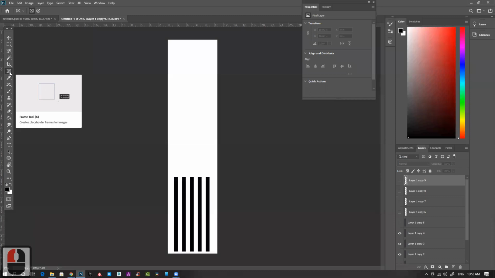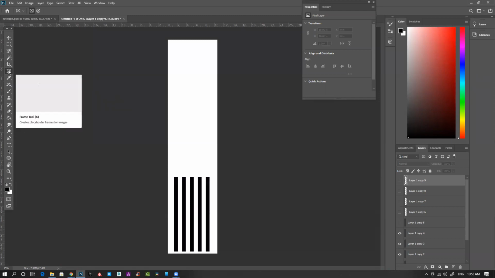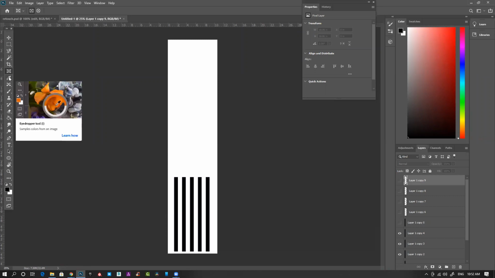Okay. This is for frame. You want to create some frame and all that. Like paste into. Previously, there was an option called paste into, where you create a selection and then you paste into that selection. So it exactly works like that. Now it's named frame. Dropper is basically to pick any color.